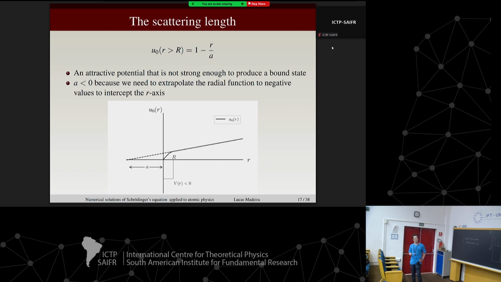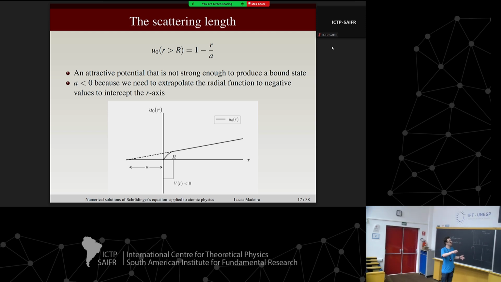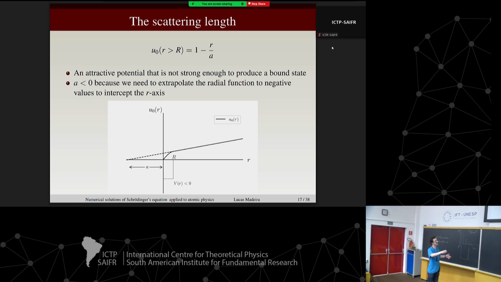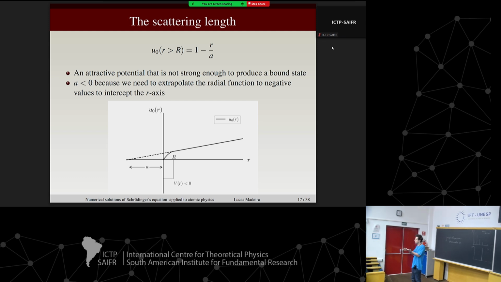Here, the wave function is coming from the left, and then it is scattered by the potential in the R range. So what's going on is R is a distance, so it's always going to be positive. So if you want to write the reduced wave function in a physical way, I should plot only this part of the graph. I should stop here and plot only this. But I want to give a geometrical interpretation to negative scattering lengths, okay?